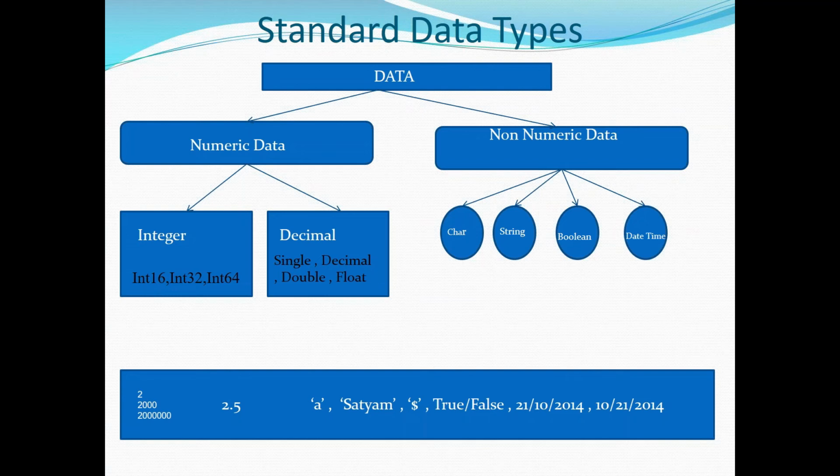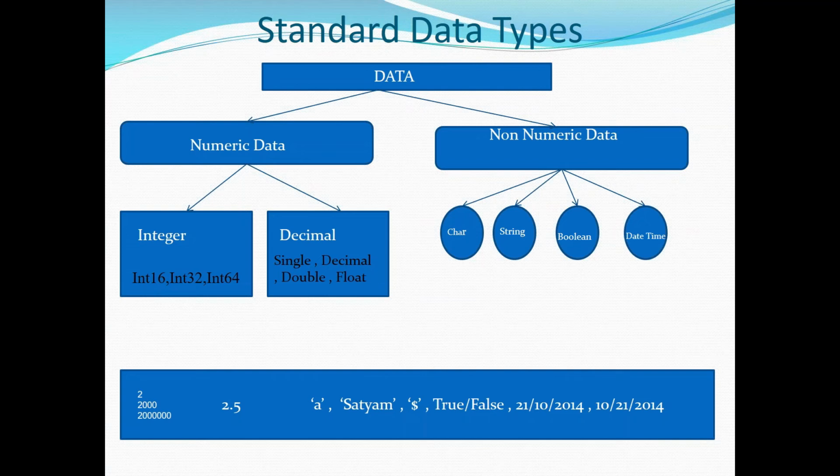Let's say I define my variable as int 16. I want to store some 10 million number. You need to design where this can be accommodated into int 16. So based on the size of your number, you'll have to choose the respective data type. Here, it is -2 power 16 to +2 power 16. Just calculate it: 2 power 16, 2 into 2 into 2 into 2, how much does it come to? That is the range of int 16. It can take from -2 power 16 to +2 power 16. That is the range of int 16.